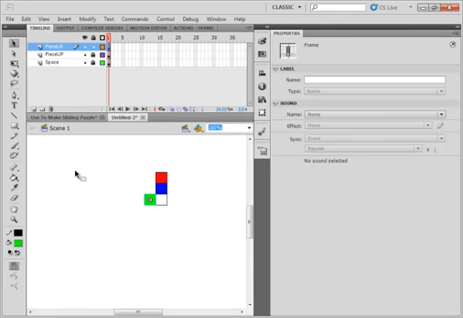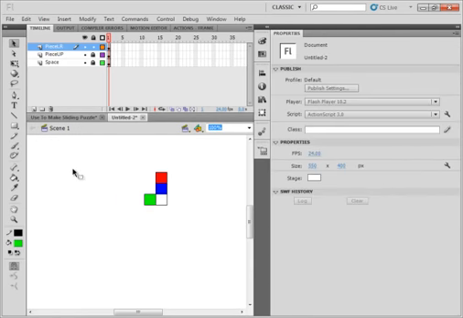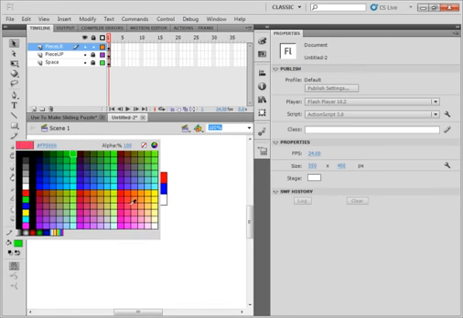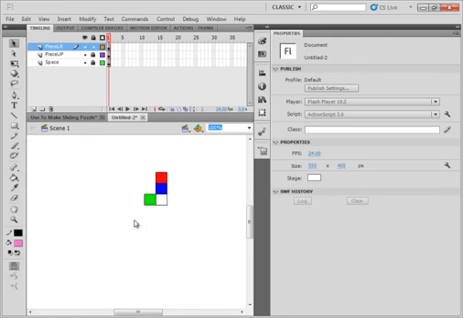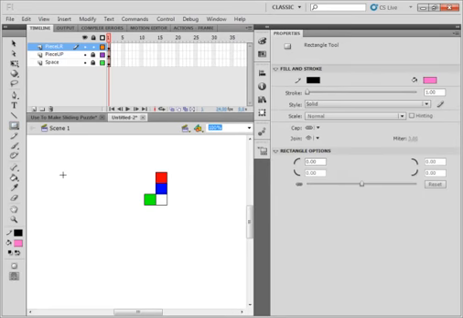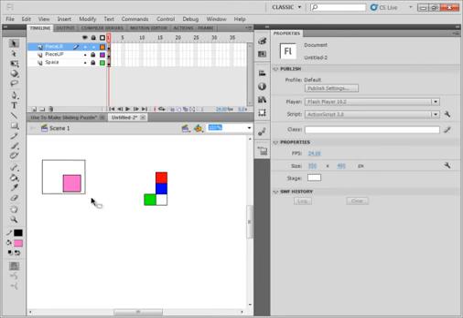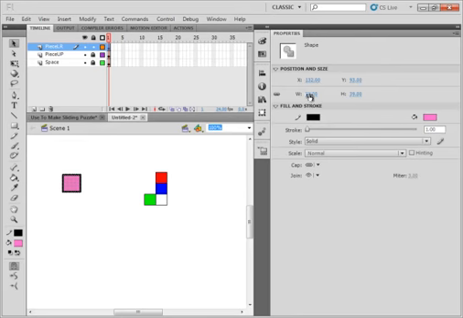Select that first frame, click off to the side. This time I want to have a pinkish color. Pink, there's pink. Close enough to pink for me. Hold down the shift, pick up the rectangle tool, make a rectangle, highlight it, click here, make it 25 pixels,